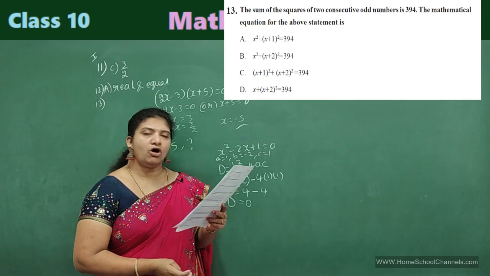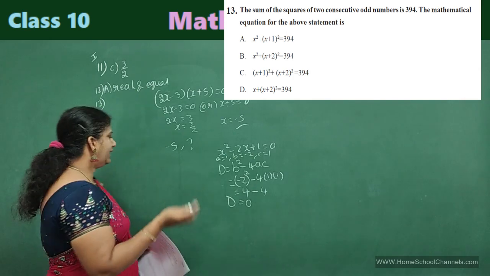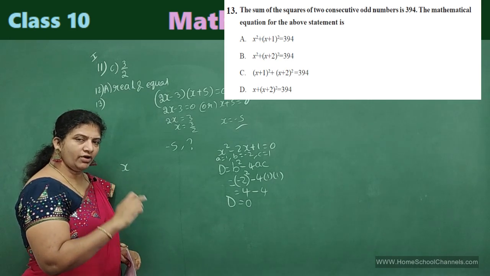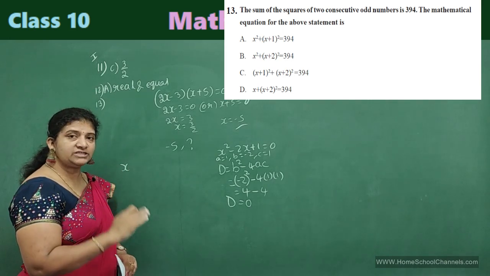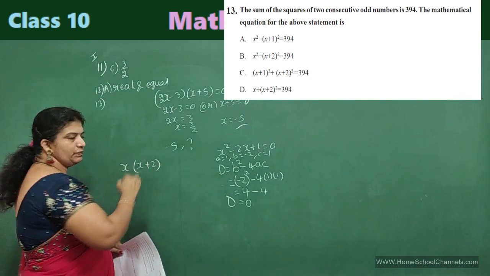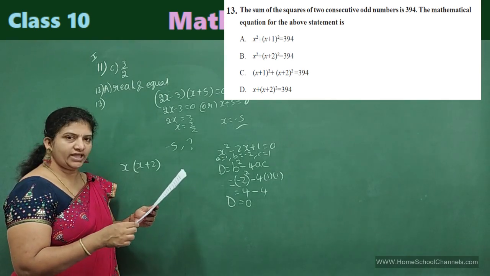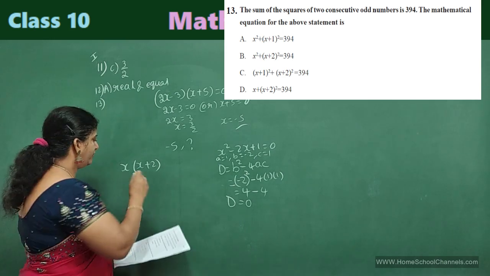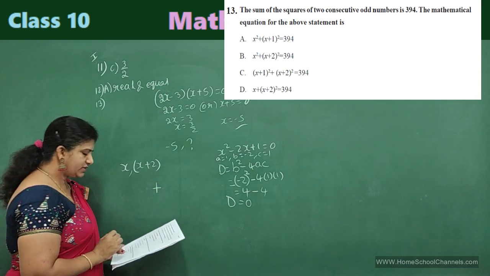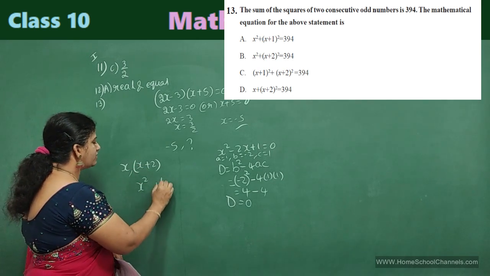13th one. The sum of the squares of two consecutive odd numbers. Let a number be x. Two consecutive odd numbers: if x is an odd number, what will be the next odd number? X plus 1 won't be odd. Then what is the consecutive odd number? X plus 2. X and x plus 2 are the two consecutive odd numbers. What they have given? The sum of squares of two consecutive odd numbers, squares of these odd numbers